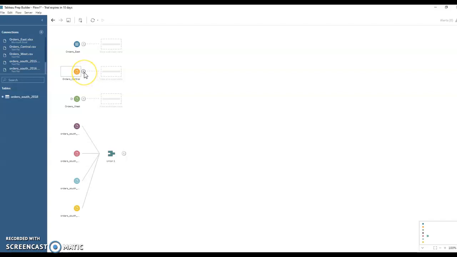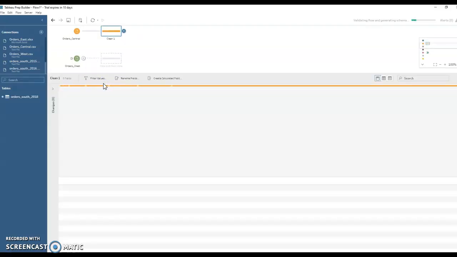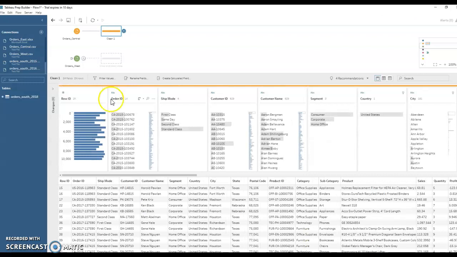Now, when you click on this plus sign, it gives you a box, and we want to do the cleaning step, and so we're going to click on clean step. Okay, and so now down at the bottom shows us all their field names and a bunch of information, and we want to be able to clean this up. So one of the problems with the central division